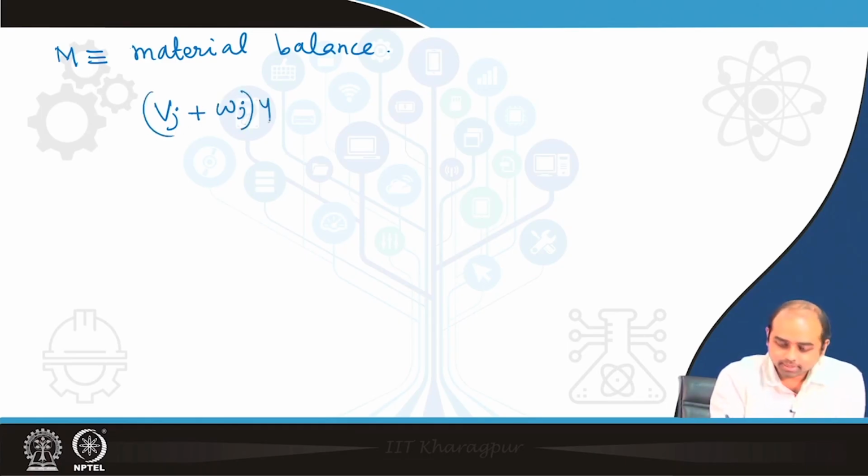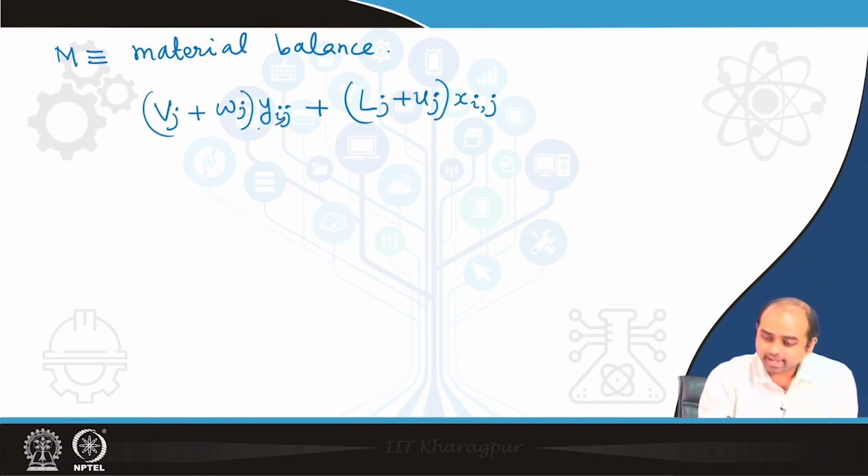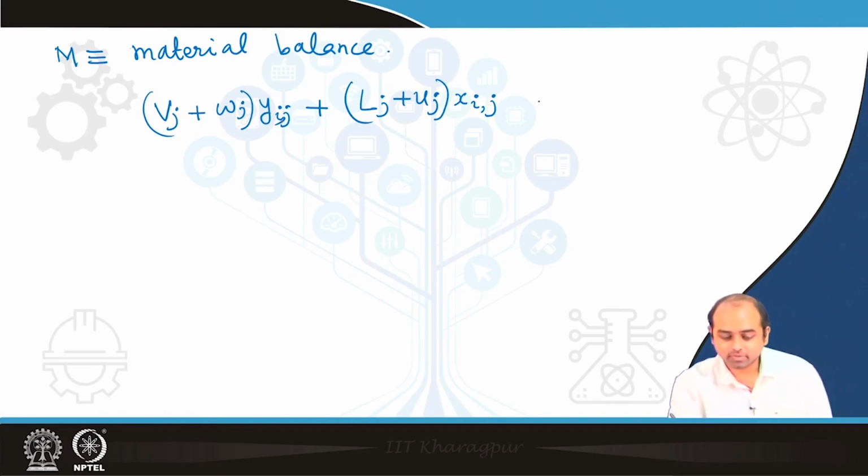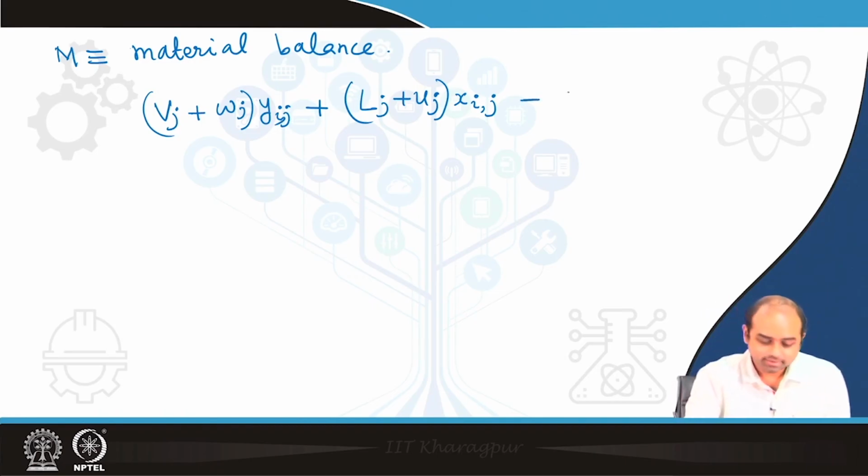So this is the part that is leaving the stage in the form of vapor. This is the part that is leaving the tray in the form of, right, liquid, and this is equated as V, this vapor that is coming into the system,